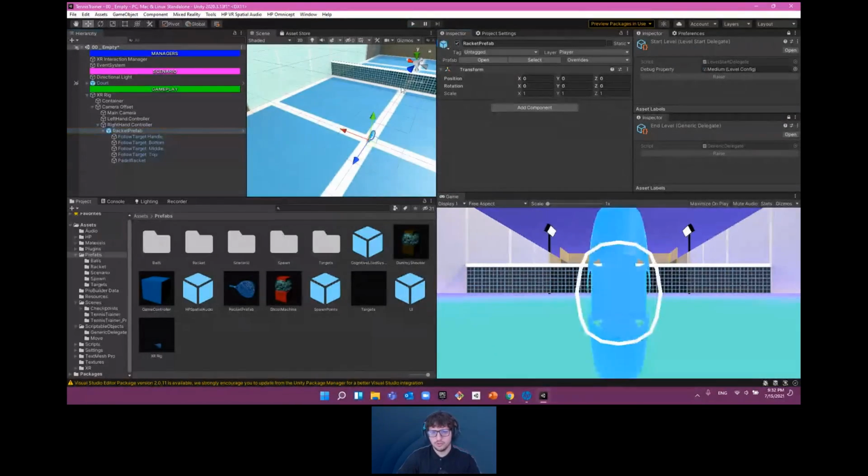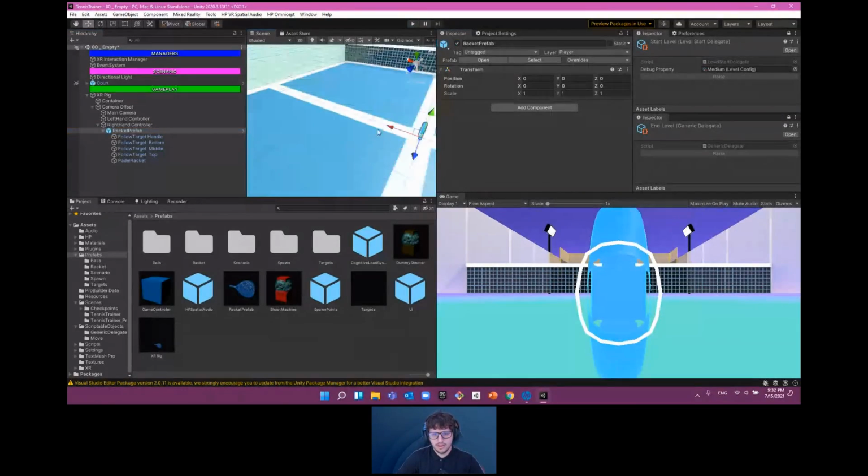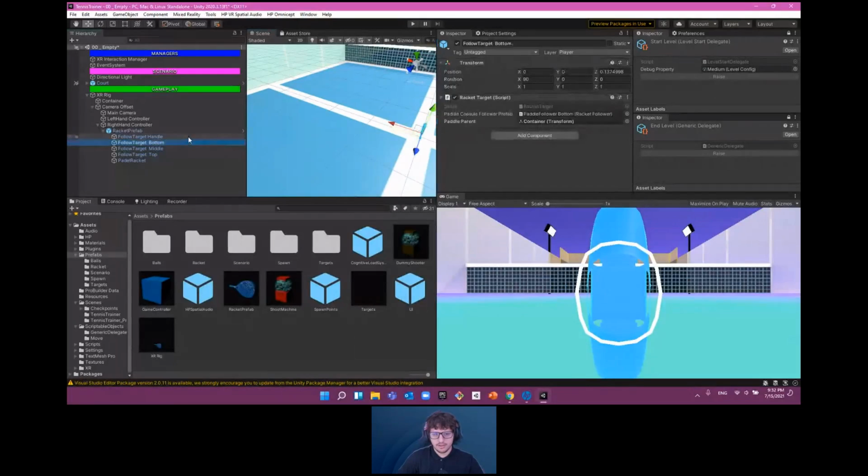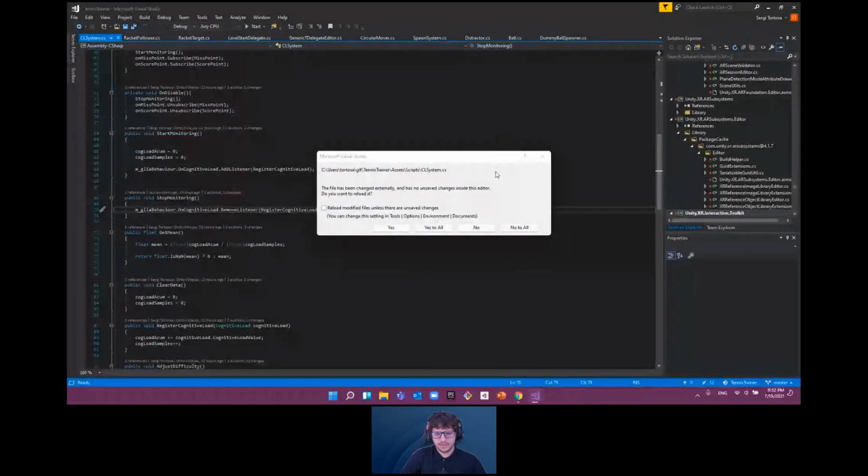This is not a hard problem, there's an easy solution. What we are going to do is get a 3D model, and we are going to create different points on the racket, and each of these points will have a little cube that follows the racket itself. So this has two scripts attached to it. The first one is